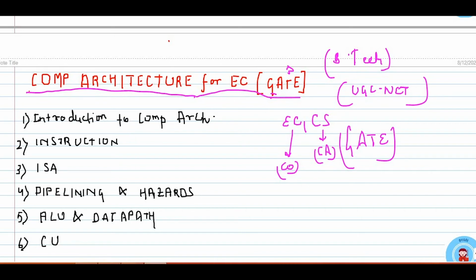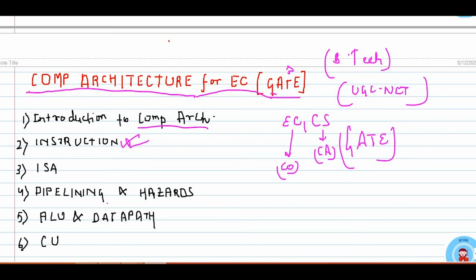First of all, you will understand the introduction to computer architecture. The architecture covers what a computer is, what the different components of a computer are, and how they interface and interact with each other. The second point, straight from the syllabus, is instructions: the importance of instructions and why they are required. This is ISA, the instruction set architecture, which will also cover the addressing mode concept mentioned in the syllabus.